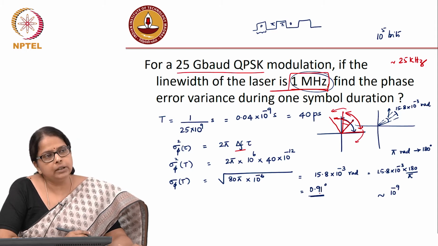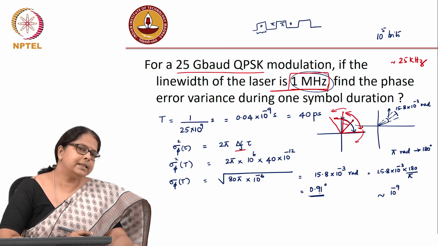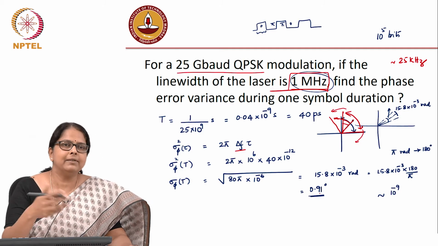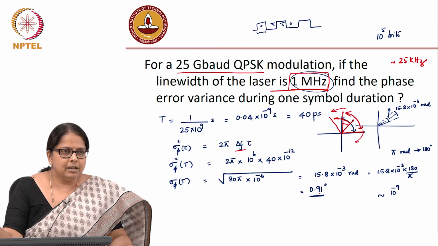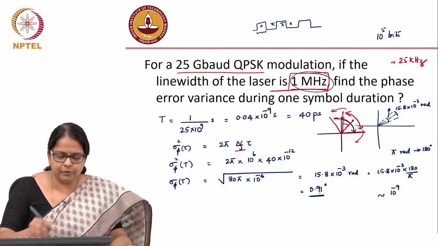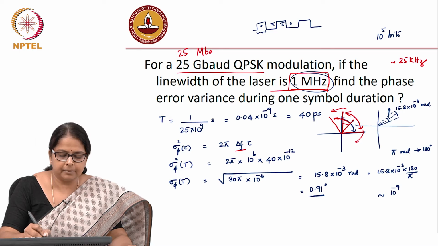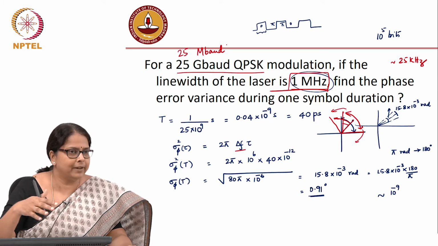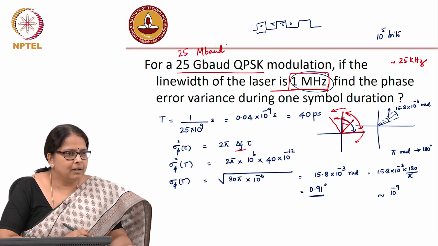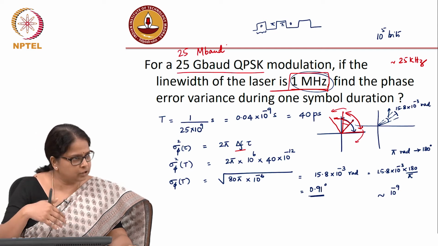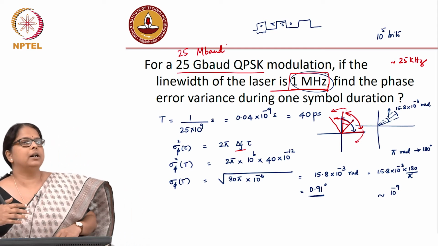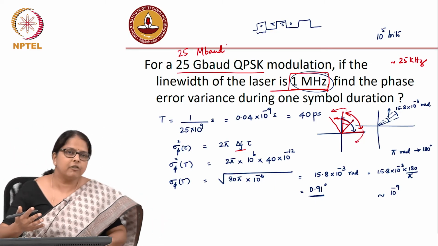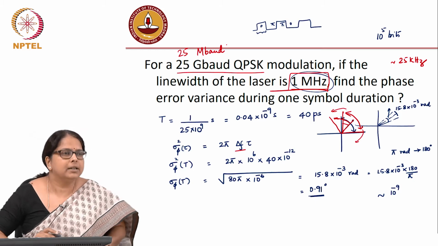The other thing you should note is that if your symbol duration is large, if you do not have a signaling system which is fast, is it wise to use coherent communication? Let us say instead of 25 gigabaud, I am doing a transmission at 25 megabaud. My signaling is at 25 megabaud. What is the consequence of that? I need to do only slow signaling, but I am saying that I will do QPSK and 16 QAM kind of modulation in 25 megabaud symbol rate.